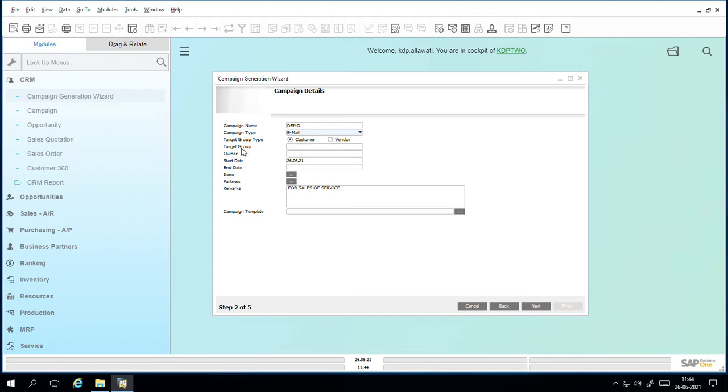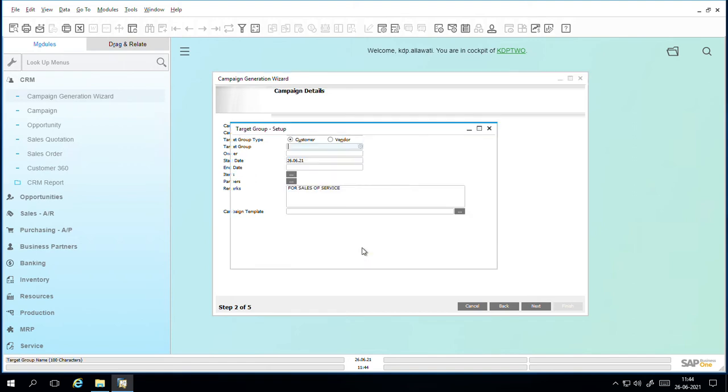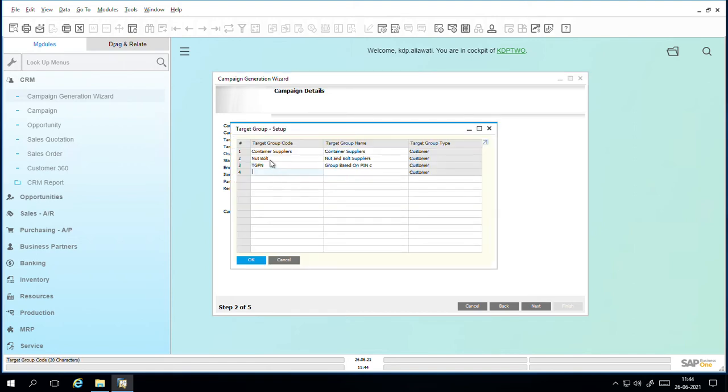The fourth option is target group. In the radio button, if I click on radio button, I will get a list of target groups. So I can create a group of customers or vendors to which I have to campaign this particular campaign. Okay, so I will select any of the option. I can create a new target group also. So if I have to create a new target group, I will give a target group code